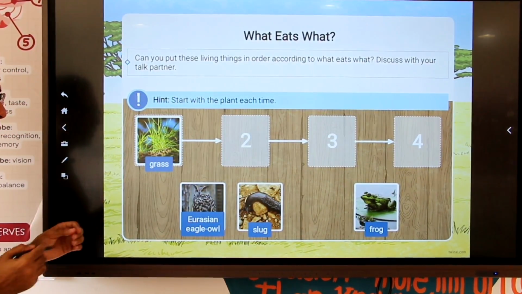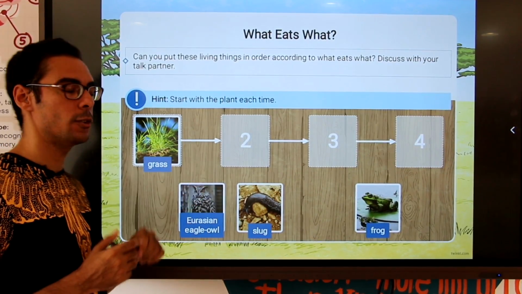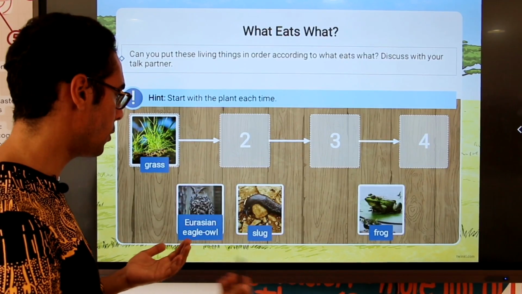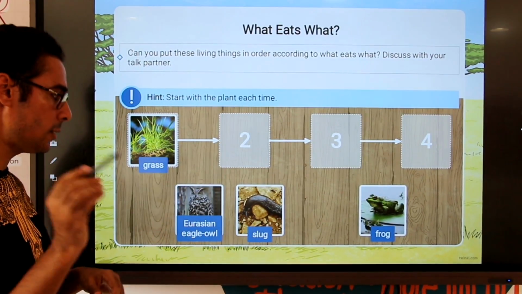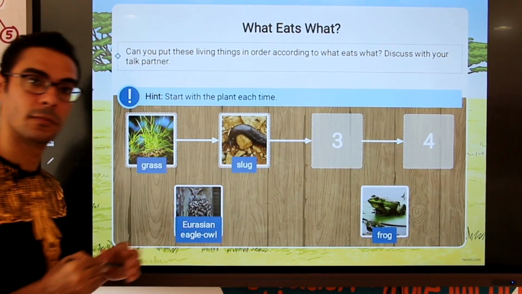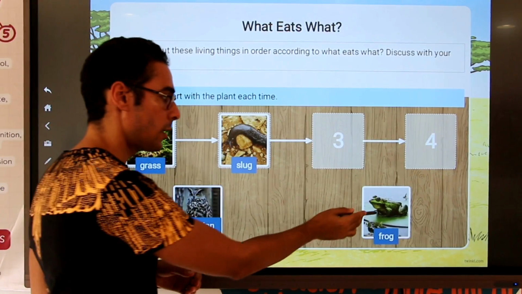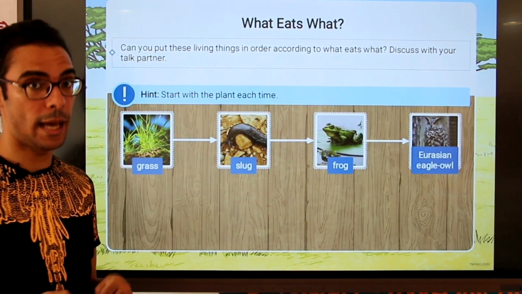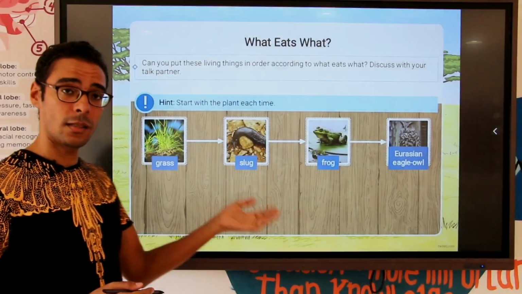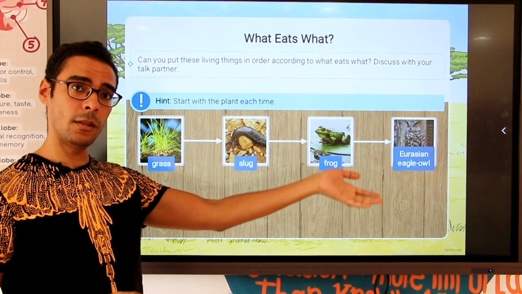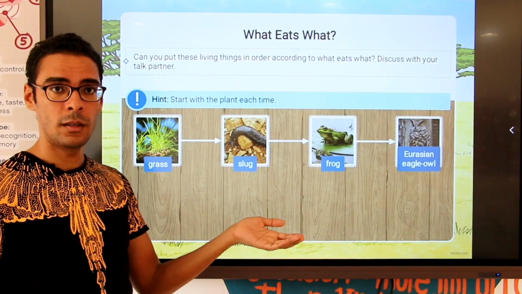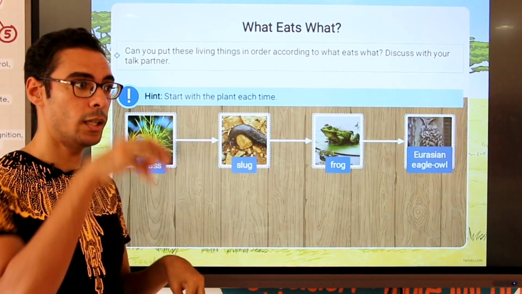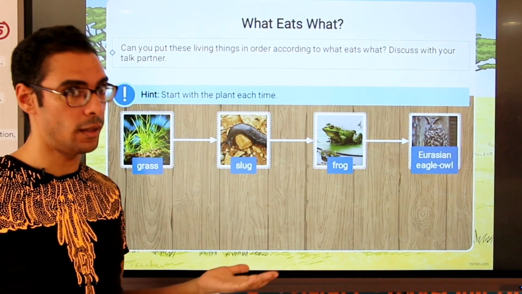Okay, right now we are looking for the primary consumer that's supposed to be number 2 here. So which one of them do you think, the frog or the slug? I guess you might be looking for the slug. It makes sense, the frog is going to be the third one and the final one is going to be the owl or the eagle owl. So this ecosystem has different animals and a different food chain, but anywhere we can find the ecosystem including living organisms and non-living things together.